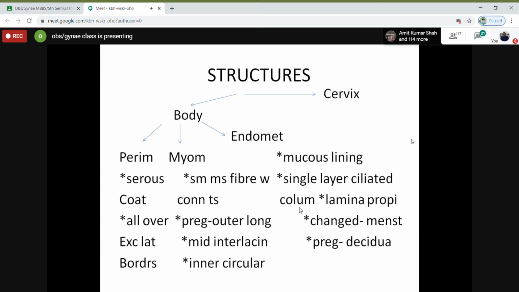Now there's a clinical importance of the way these fibers are arranged. The middle interlacing fibers are also known as the living ligature of the uterus. What happens is, the blood vessels run in this layer, and when this layer contracts, it closes the mouth of the blood vessels because it is interlacing. The mouth of the vessels will be totally closed. It is crisscross, so it will close the blood vessels.